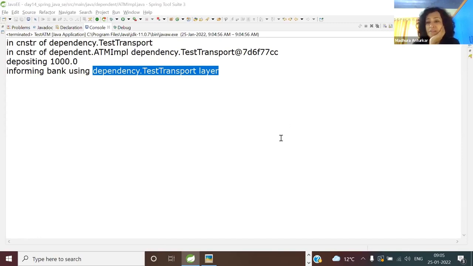So answer my next question. So far, who is creating the dependent object? Who is creating dependencies? And who is wiring? Wiring means injecting, making the dependencies available to dependent objects. Who is doing the wiring? All answers are programmer. So if you want to replace that answer by the container, then only you will get loose coupling and all. So I'm still not in Spring. So continue the story.